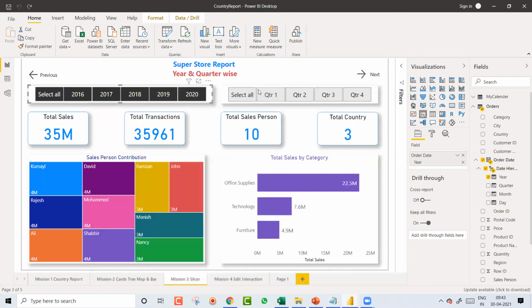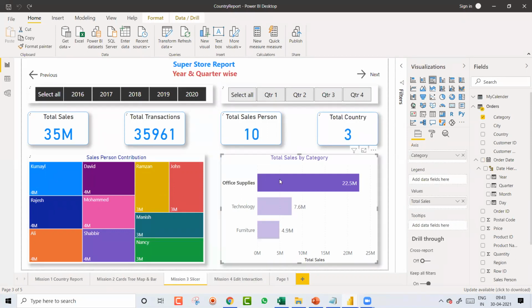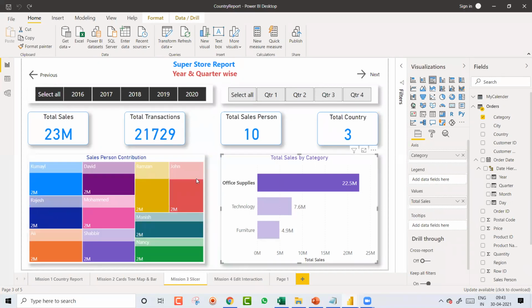Now, I will give you a simple example. Let's say if I click on over here, let's say office supply. See what will happen to this. I'm clicking on office supply. When I click on office supply over here, it is going to change other things also. You see, these numbers are changing here. If I click on technology,